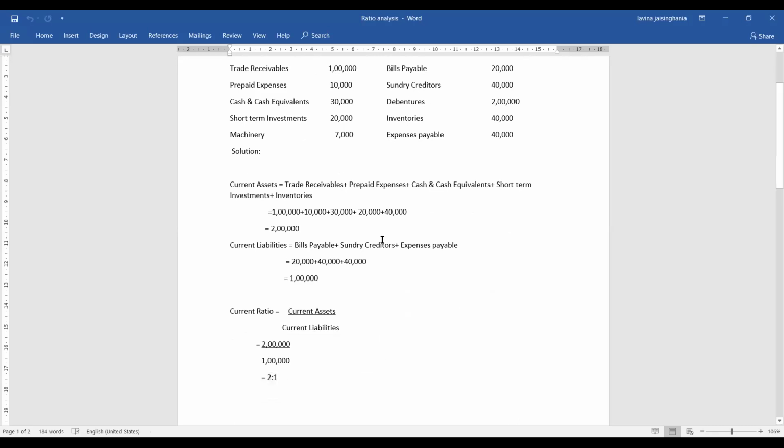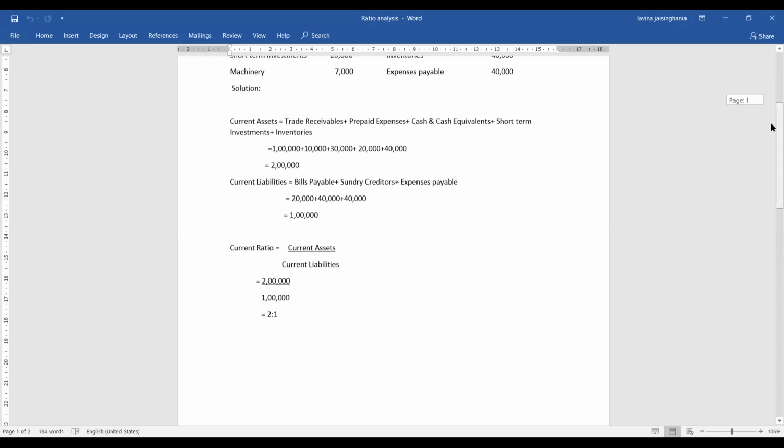Okay. This sum is simple. What you have to do from the given data is find out which are current assets and which are current liabilities, add them, and then divide current assets by current liabilities. Now, this was just a trailer. As we always know, the sums are not as easy as they seem to be. Now the difficulty level will increase with each sum. Now I'll explain one more sum so that you can do these sums yourself.